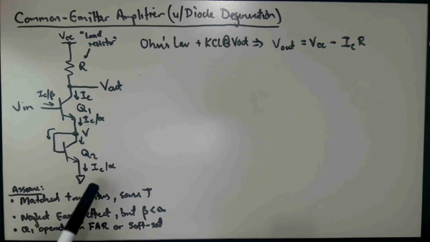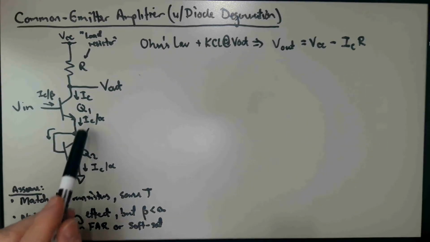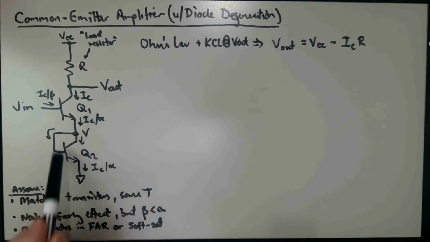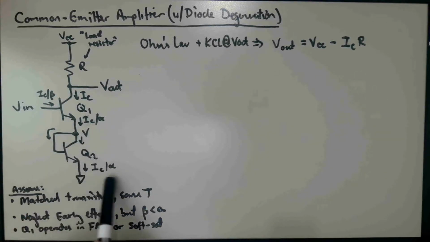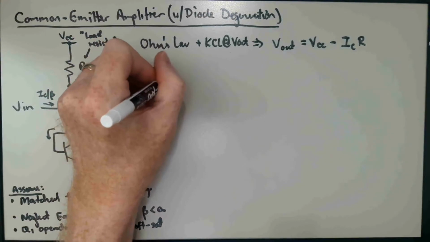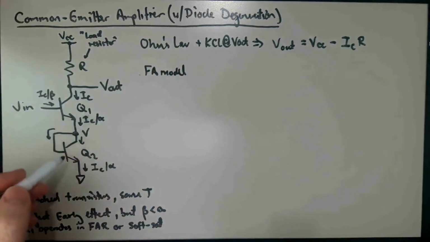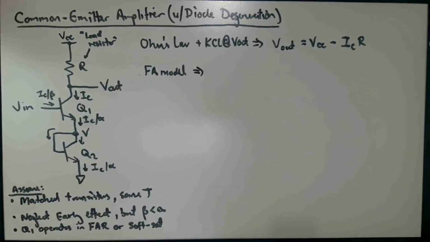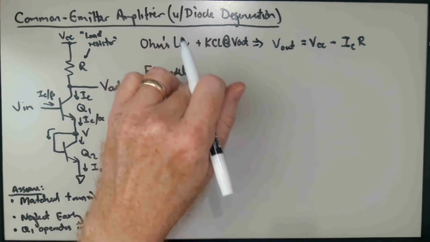And so if they're carrying the same current, then they need to have the same base emitter voltage. Okay? And certainly this emitter current will be the same as this emitter current, because no matter how these two things split inside the transistor, they recombine, and this is the emitter current of our Q2. Okay? So we can write down the forward active model for both Q1 and Q2. And for Q1,